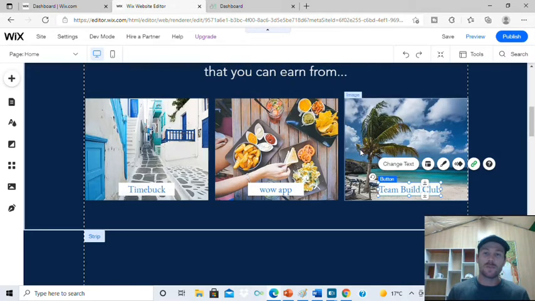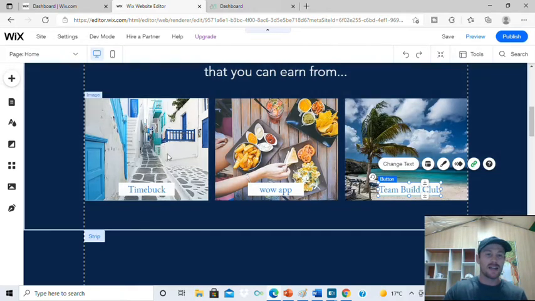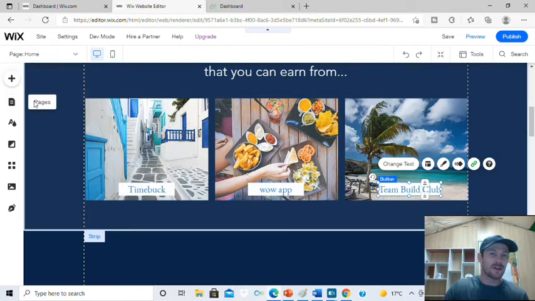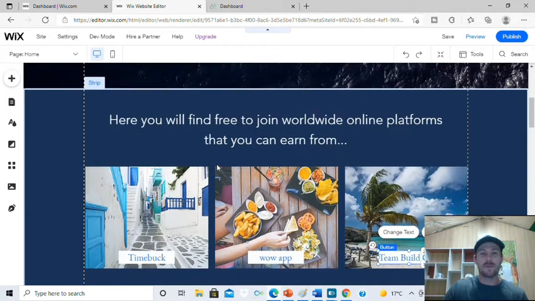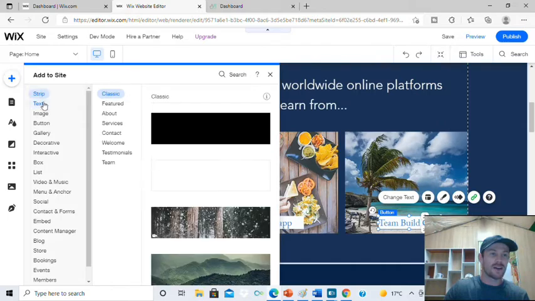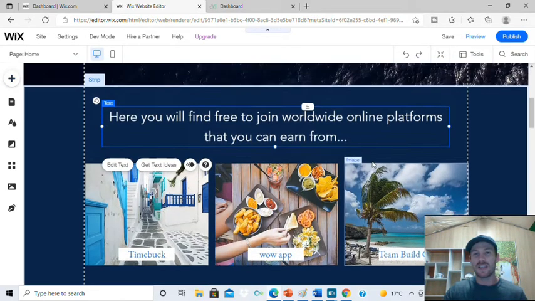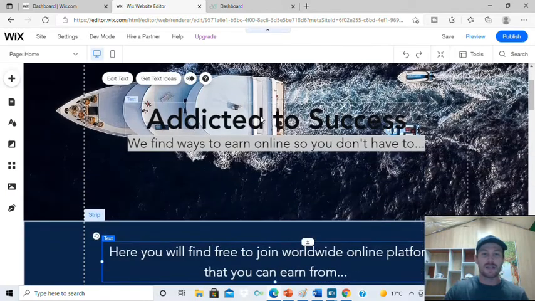Now we can use the Wix pictures, or we can go and find a picture that's relevant to whatever it is. Okay, but before we do that, I'm going to put the name of each one as well up the top. So I'm just going to use this same font that I've already got going. Okay, so if I was to add text, what I'd do is press plus, and then I'd go text right here, and then I'd click on add heading. But because I want to keep it the same font as everything, I'm just going to go up here and